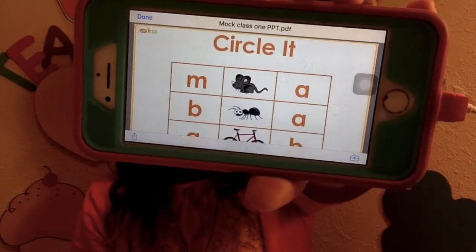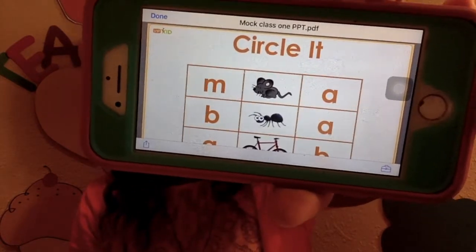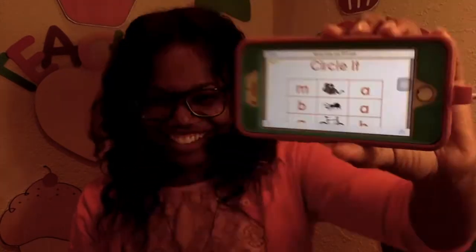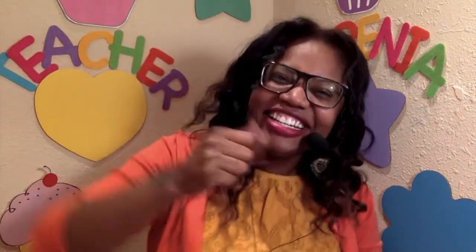The circle it slide. I will demonstrate the first example, mouse. So for this slide, there are 4 pictures, and you need to do them one at a time. I would start by circling the picture of the mouse and saying, mouse, repeat, mouse, good job, mm, mm, mm. Repeat, mm, mm, mm. Good,